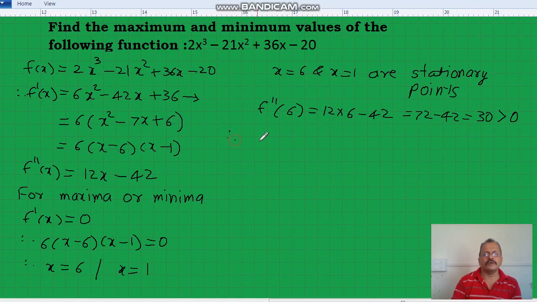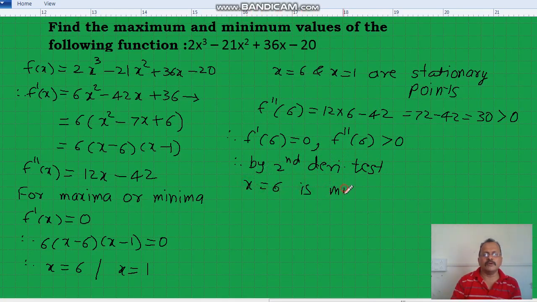And therefore f'(6) equal to 0, f''(6) is positive, and therefore by the second derivative test x equal to 6 is a local minima for f(x),